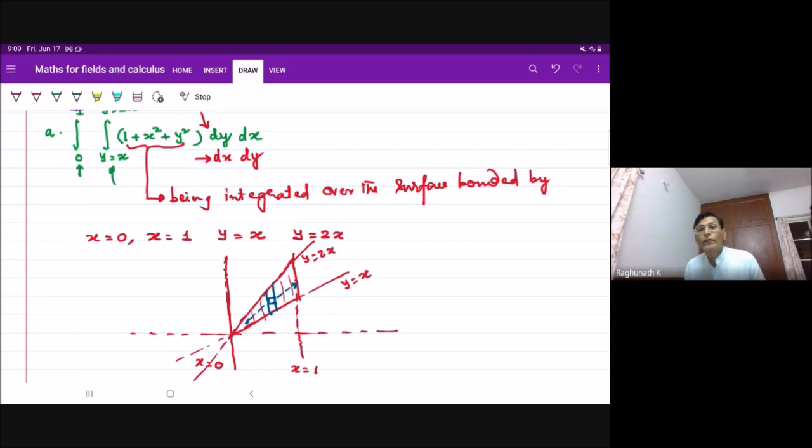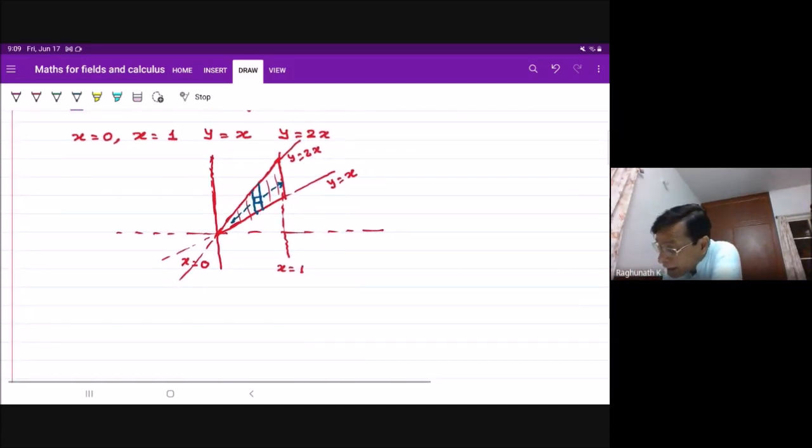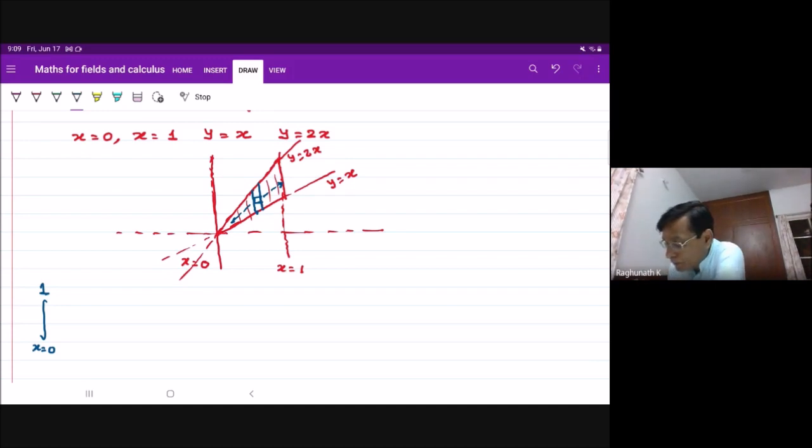Any doubt here? Without changing the order of integration, the integral is x is equal to 0 to 1, integral y is equal to x to 2x,